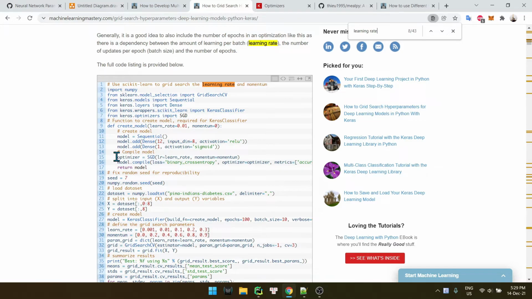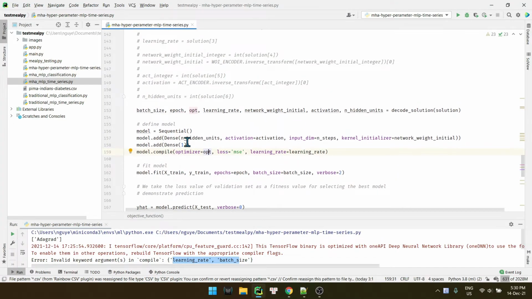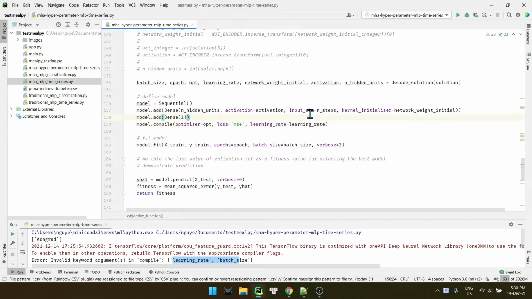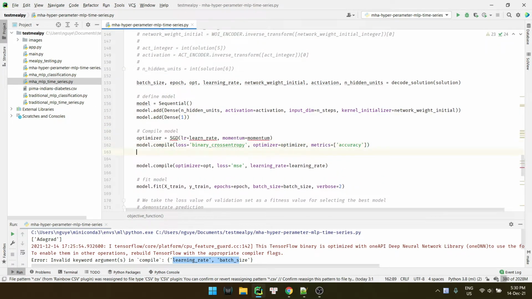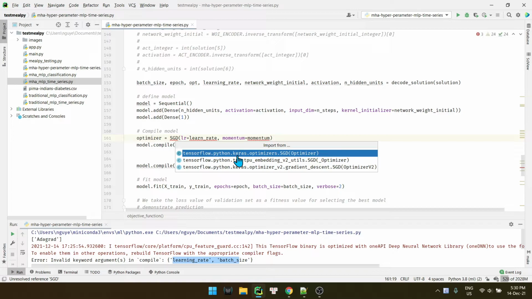Okay, so that is how they compile the model, right? So let's copy it. Okay, so where did it actually come from? We got it from Keras optimizers.